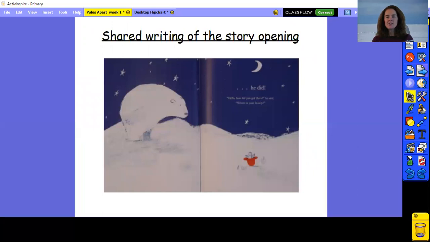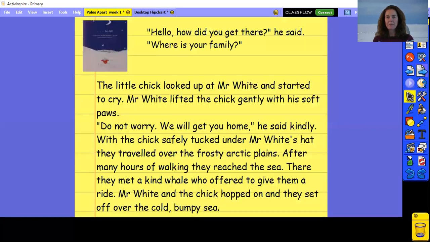So we're going to do some shared writing of a story opening, and I have done one for you. Normally in class we would do this together, but I have written one for you to have a look at, and then you can have a go at doing your own opening. So you're all going to start with this opening